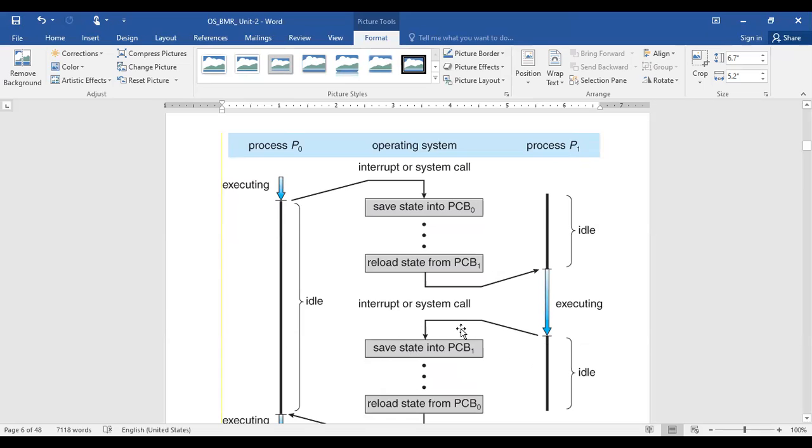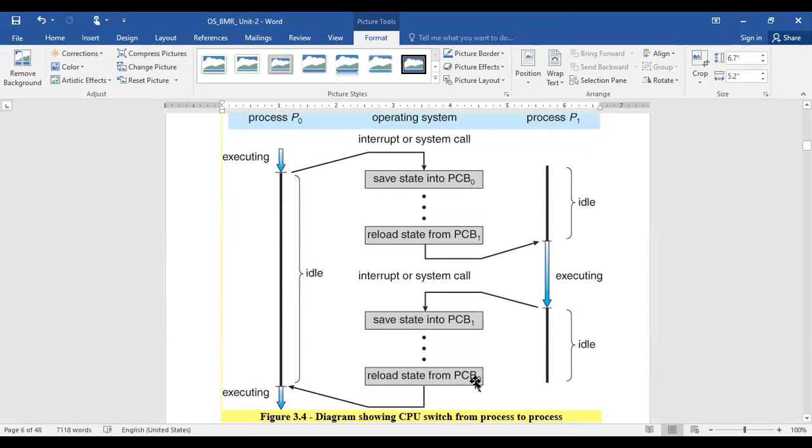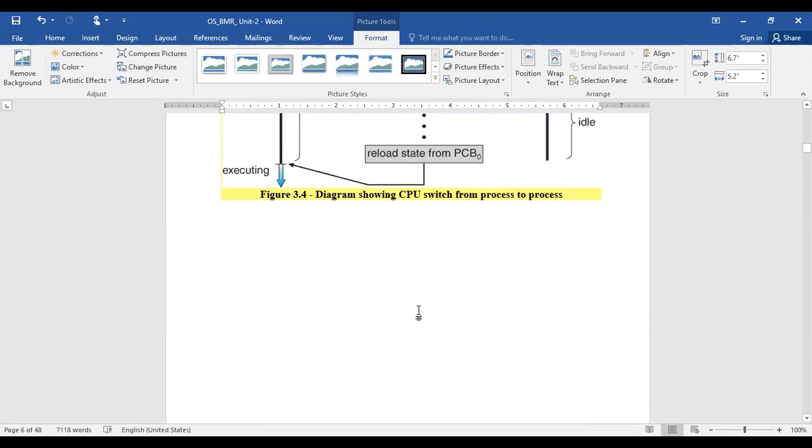After recording all this information, it reloads and starts from PCB0. That means whatever information was previously saved in the process control block of process 0, the whole information is reloaded, and then it starts the execution of the remaining task. In such a way, the CPU switching process happens. Hope you're all clear with this point.